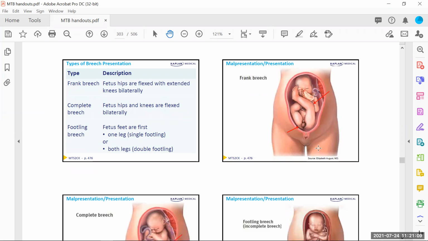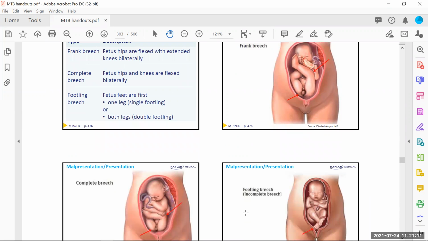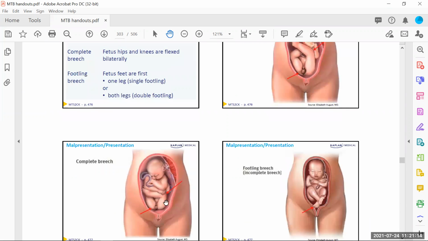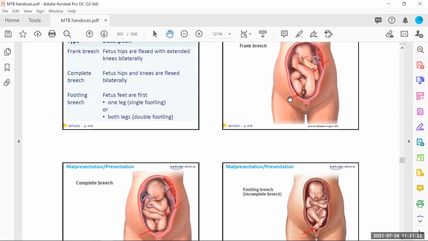We can say it's a frank breech. When we can say it's a complete breech, fetus hips and knees are flexed bilaterally. Knees will be flexed, and of course hips are flexed. So hips flexed, knees flexed, we can say it's a complete breech. But if the knees are extended, we can say